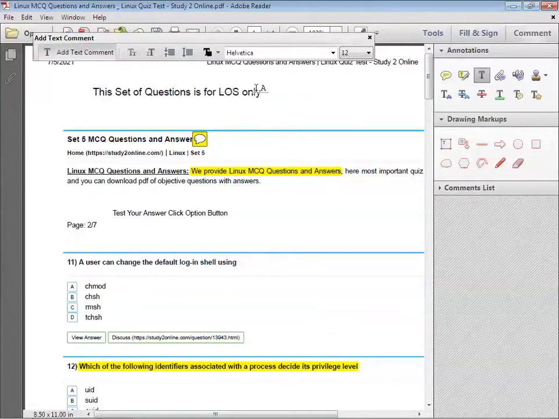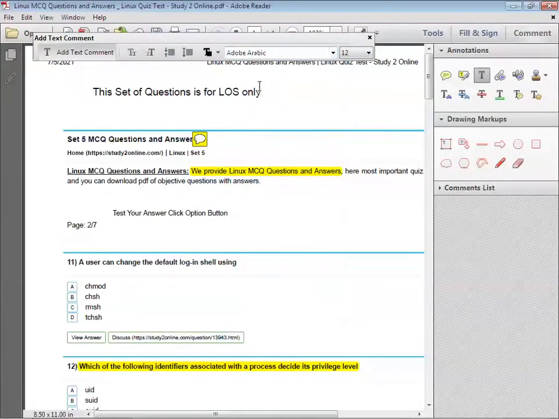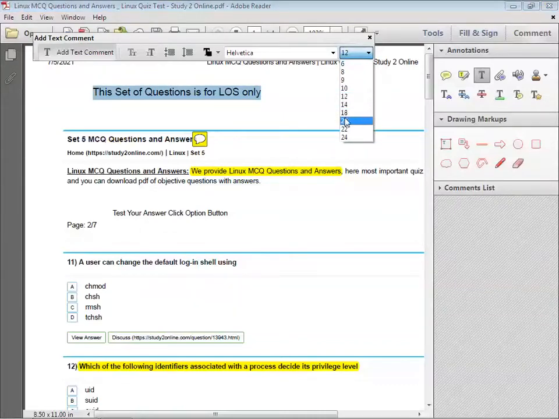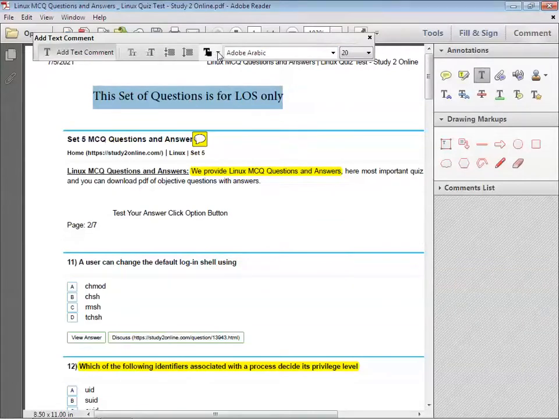We can set the font size, we can set a different font name, we can set the colors itself. This can be helped with the help of the text.